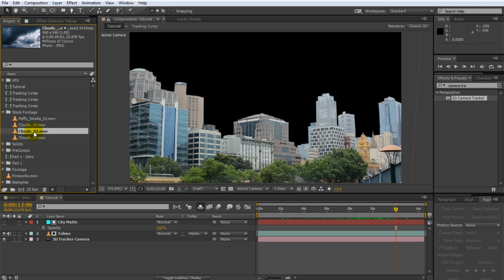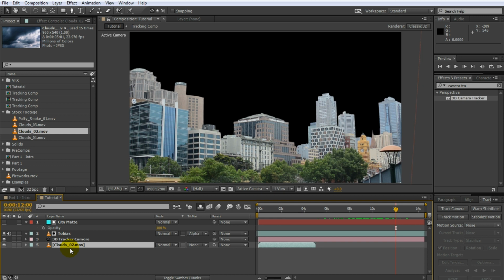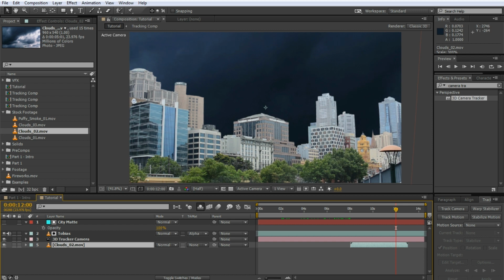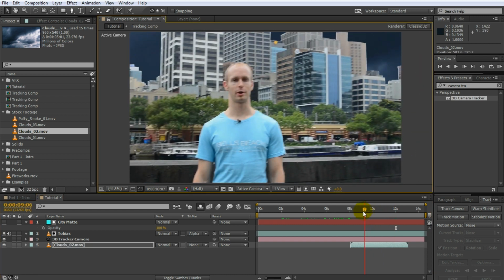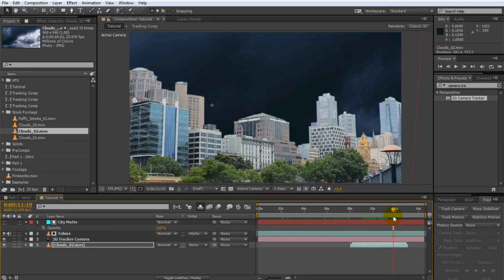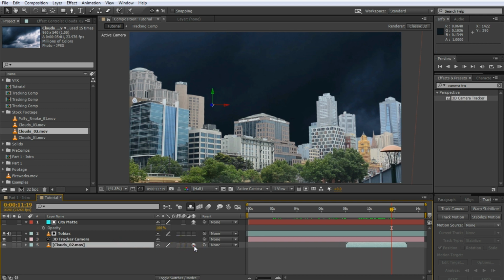Drag this cloud stock footage element into your composition and place it at the bottom of your layers. Now, for one, this clip is much too short, and if you drag it under the timeline indicator, you can see that it is also much too small. So let's first resize the layer to cover the entire sky behind the city. Make sure you scrub through your footage to check that it covers all parts of your sky throughout the entire shot. In order for the sky to follow the camera's movement correctly, simply enable the 3D switch on the clouds